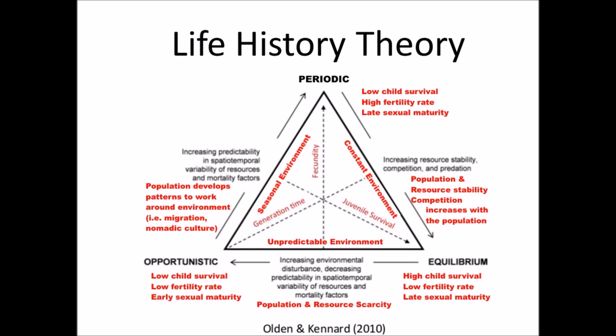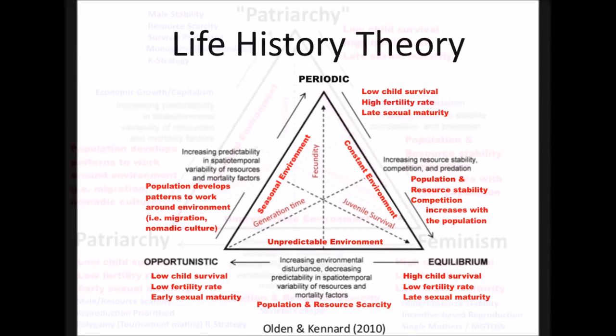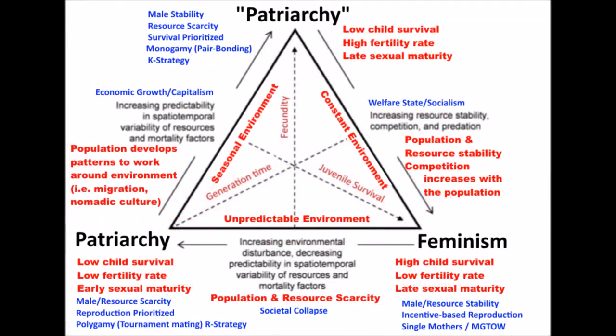And then eventually the environment will become less predictable, more chaotic, the resources will become depleted, and then we will go back and start the cycle all over again. So you can see how this relates to fish, but how does this relate to human beings? What's interesting is as I was reading and beginning to understand life history theory, it clicked along with my egalitarianism cycle theory.